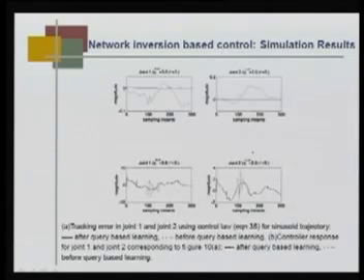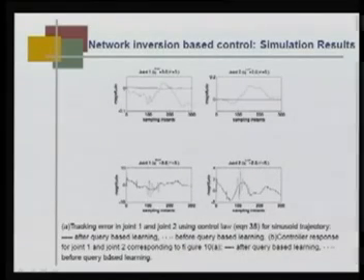here what you are seeing is that we have a two-link robot manipulator. This is joint 1 and this is joint 2. Here we show the tracking error in joint 1 and joint 2 using the control law for a sinusoid trajectory, after query based learning and before query based learning, and the controller response. This is the controller response for joint 1 and joint 2 corresponding to the figure. So, this is the controller response, this is the tracking error, and this is